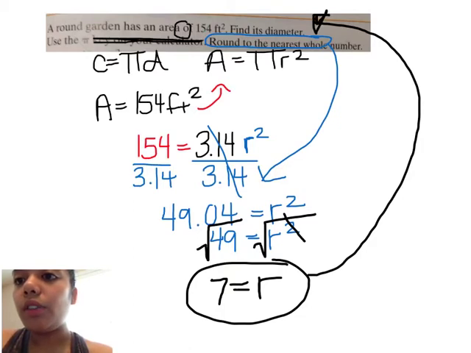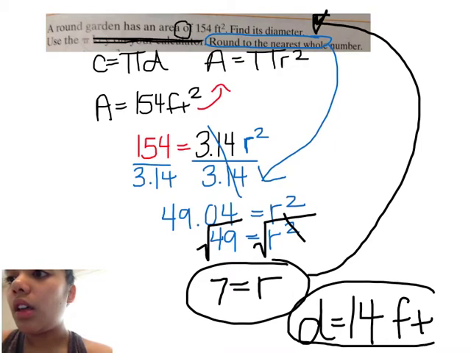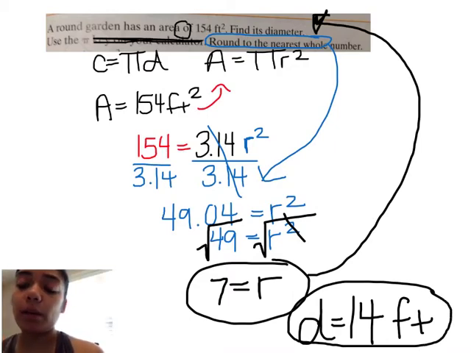So I get 154 equals, and then I plug in everything I know. Pi, which is 3.14 times r squared. I want my r squared to be by itself, so I'm multiplying pi times r squared, which means to get rid of multiplying, I need to divide. So I'll divide. And 154 divided by 3.14 is,